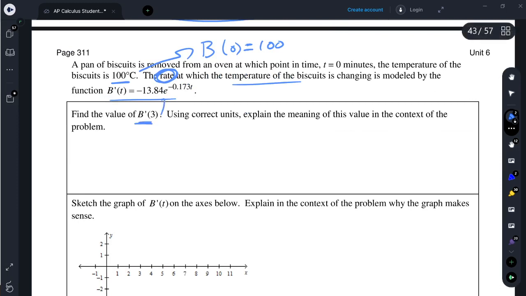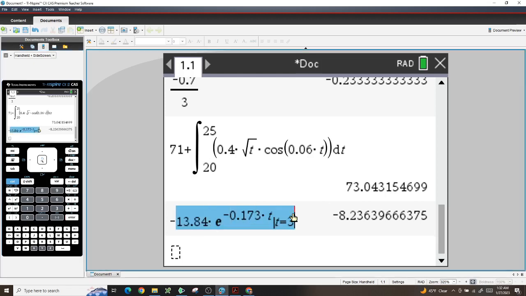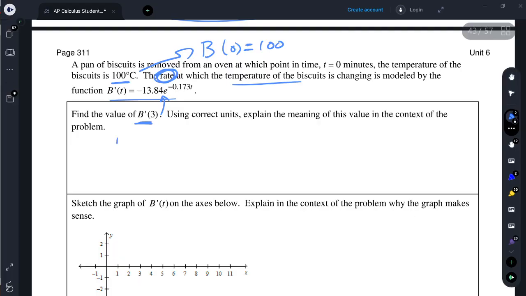B prime of 3, we have a formula for b. You're literally going to just type this into your calculator. You can use the @ button. It's super easy. I will show that, but you're just typing this line in. The @ symbol right here, that @ times 3, remember, is control equals. So you don't really need to show any work at all. You're just going to write b prime of 3 equals